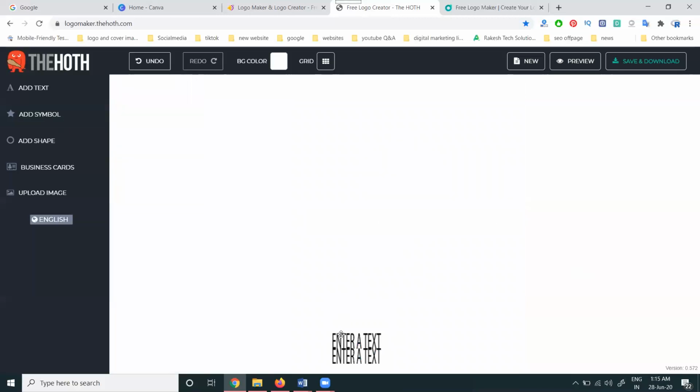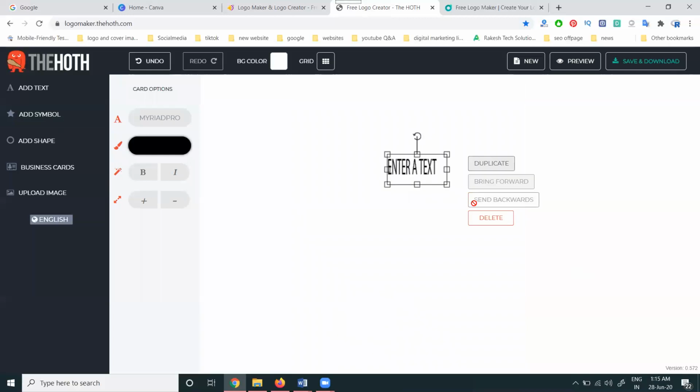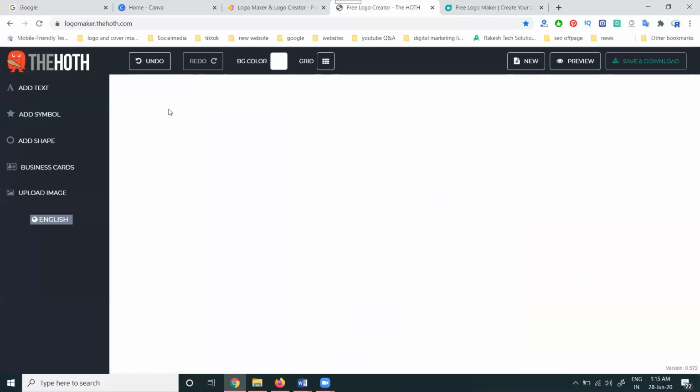If text is repeating a number of times, that is called removing the repeating text. So this is how you can make a logo. It is very comfortable to create a logo. And the logo can be downloaded in two formats, JPG and PNG. No need to go for the remove.bg option. On this website, the logo can be created in JPG and PNG format.